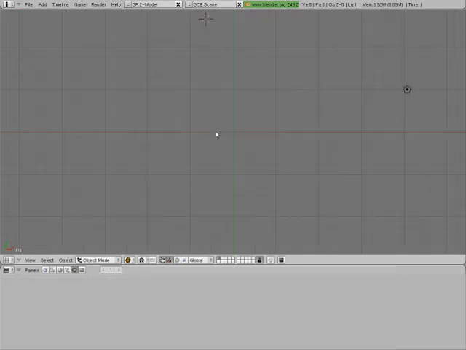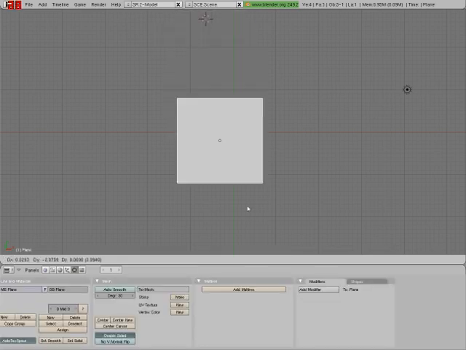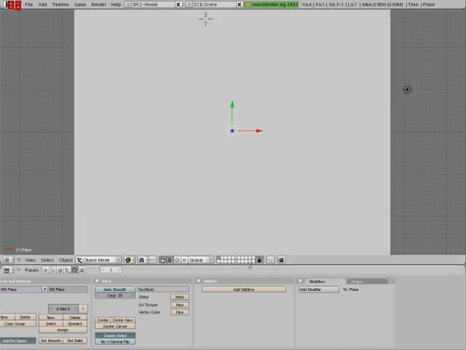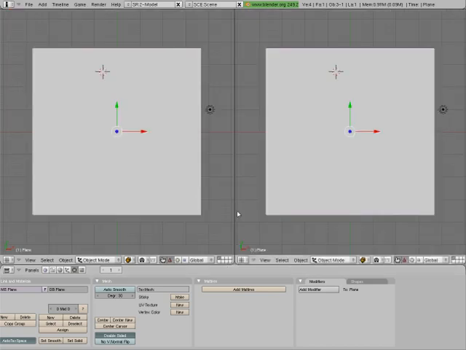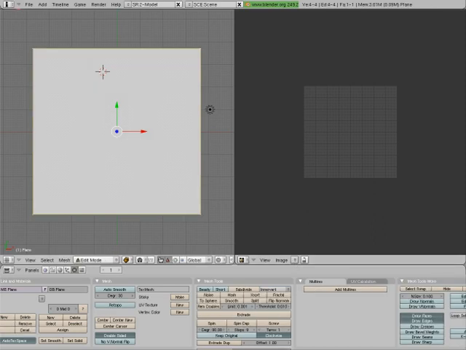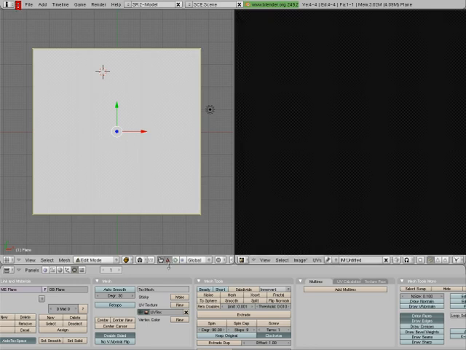Delete the default cube, add a plane, Shift A or space to bring up this menu, plane, scale it up for convenience, right click on the edge, split area, select UV image editor, go to edit mode, U, unwrap, image, new, default settings,